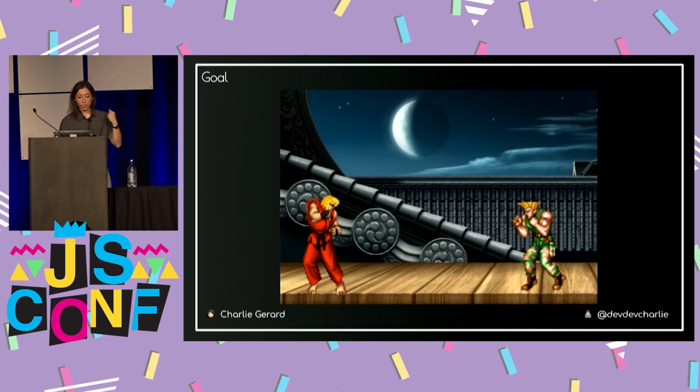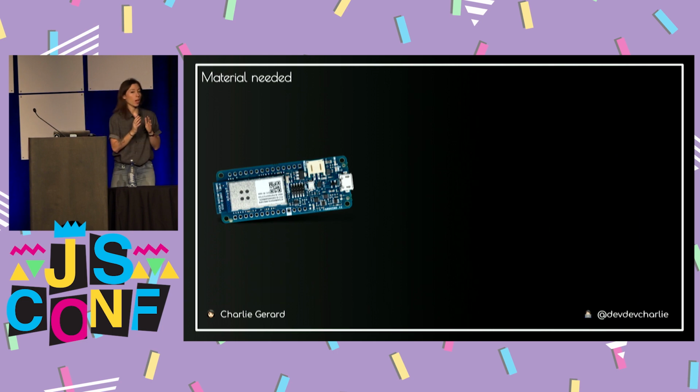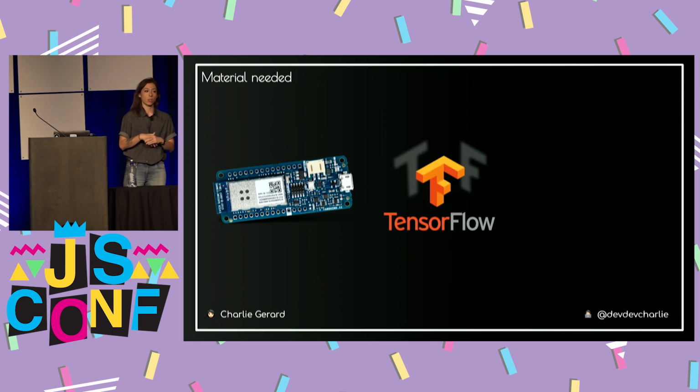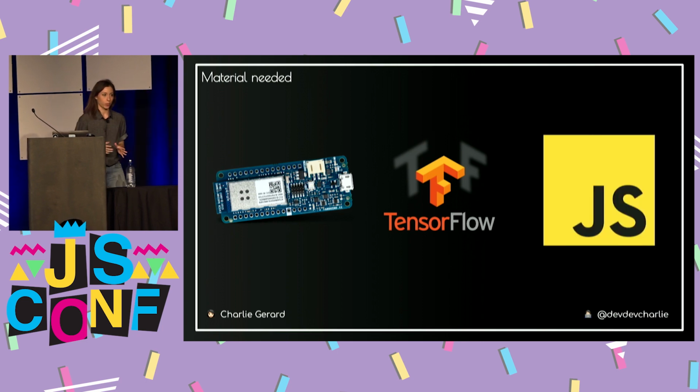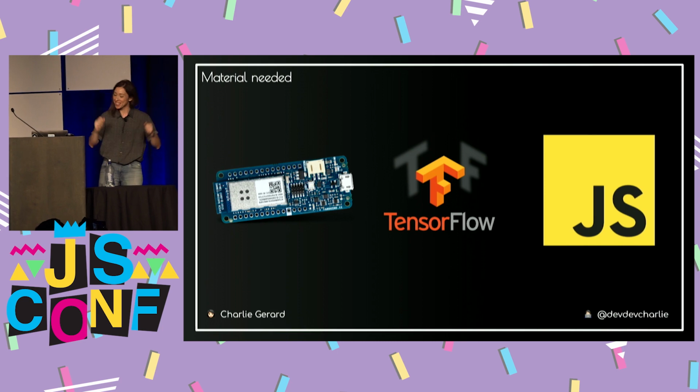So to do this, there's a few different ways, but the way we're going to talk about today, you need this to get started. So we're going to use Arduino. I'm really glad that some of you did workshops yesterday that use hardware, because it means you kind of already know a little bit what I'm going to talk about. This one is probably not the one that you use. This one is Maker 1000 that connects via Wi-Fi. But on top of that, we're going to be holding that piece of hardware. We're going to use machine learning to find patterns in the data that we're tracking in our movements. And we're going to do absolutely everything in JavaScript. So for Arduino, we're going to use Johnny 5. And for TensorFlow, we're going to use TensorFlow JS.